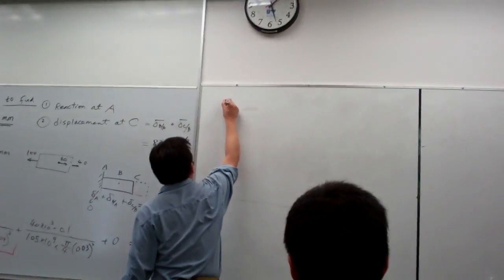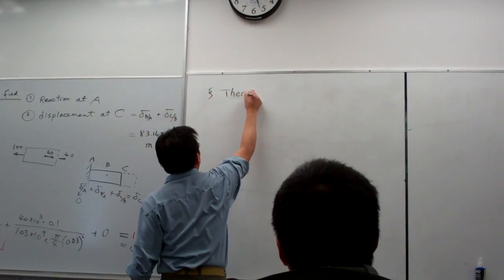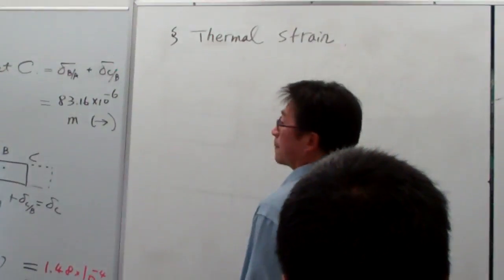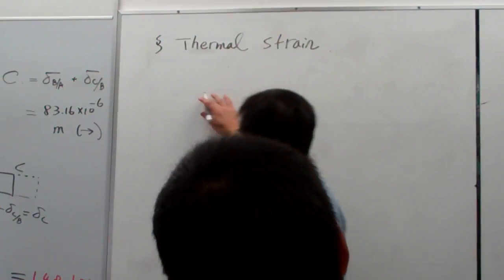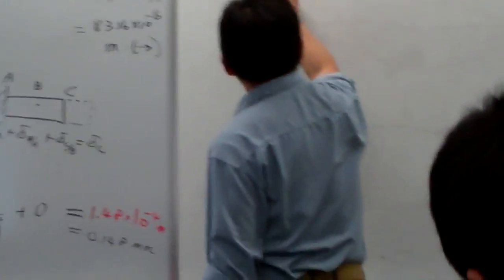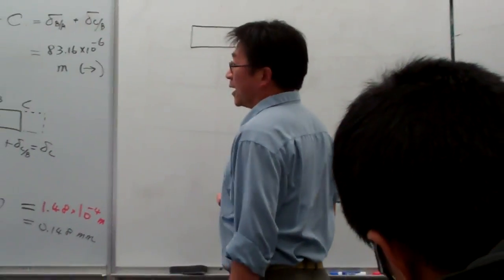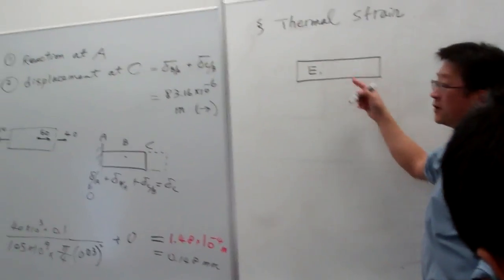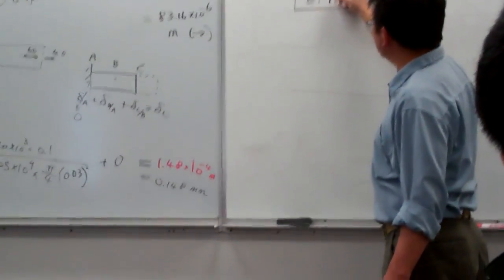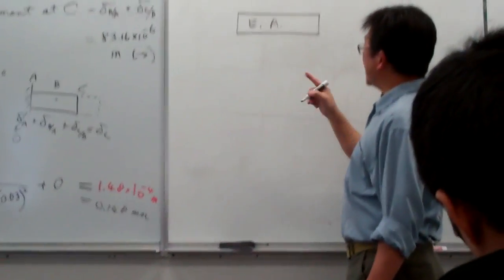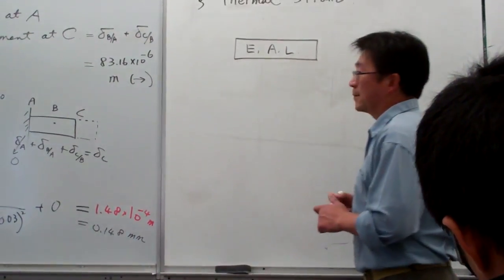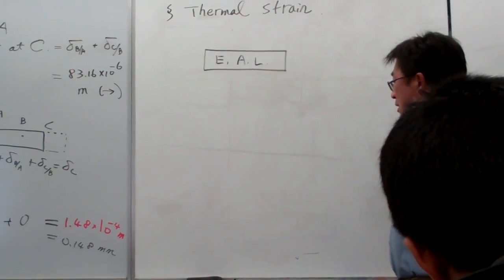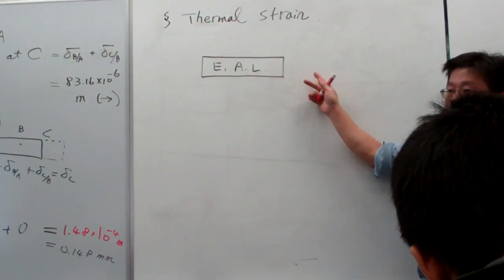This is a new section we call the thermal strength. The thermal strength is this. If we consider a material and say this material has Young's modulus E, assuming that it is uniform, that means it has a uniform cross-sectional area A, and the length, let me call that L. And this material right now, before this section, we always applied a certain load, axial loading, to deform